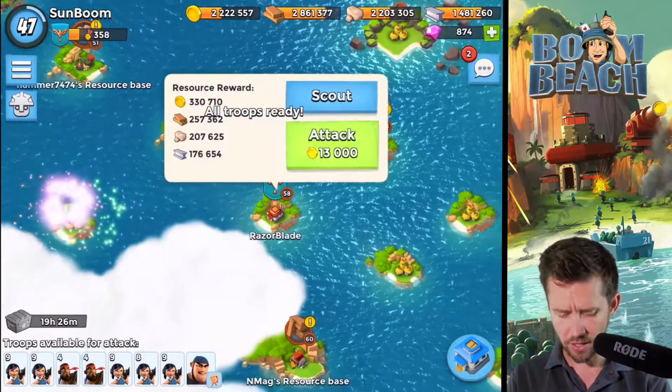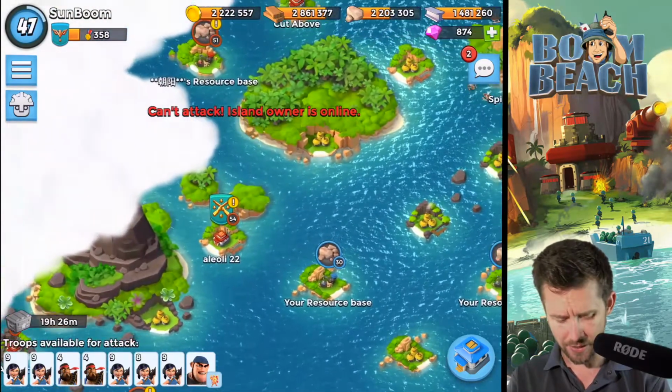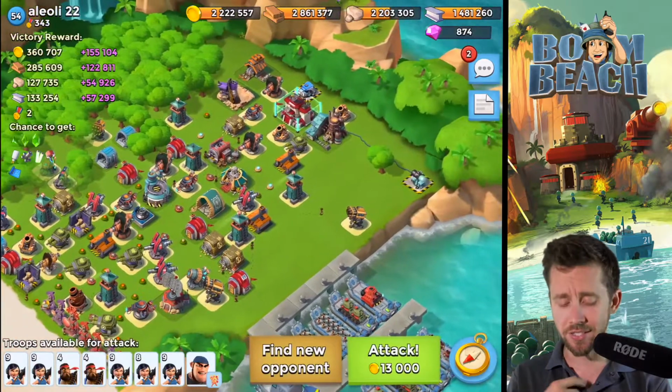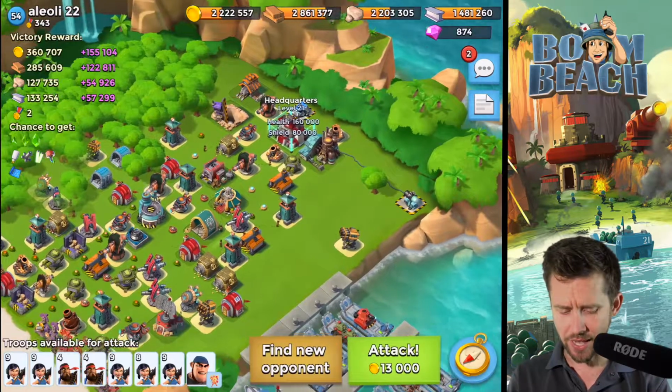Razor Blade, are you on? Are you on? You're still on, my friend. All right, fine. We'll take out one more, guys. Was Aeoli 22 on? Was this one we already tried and we couldn't do? HQ. Oh, this... Okay. This one has a shield generator. And not too bad, guys. That's not really that bad. So if we can get...